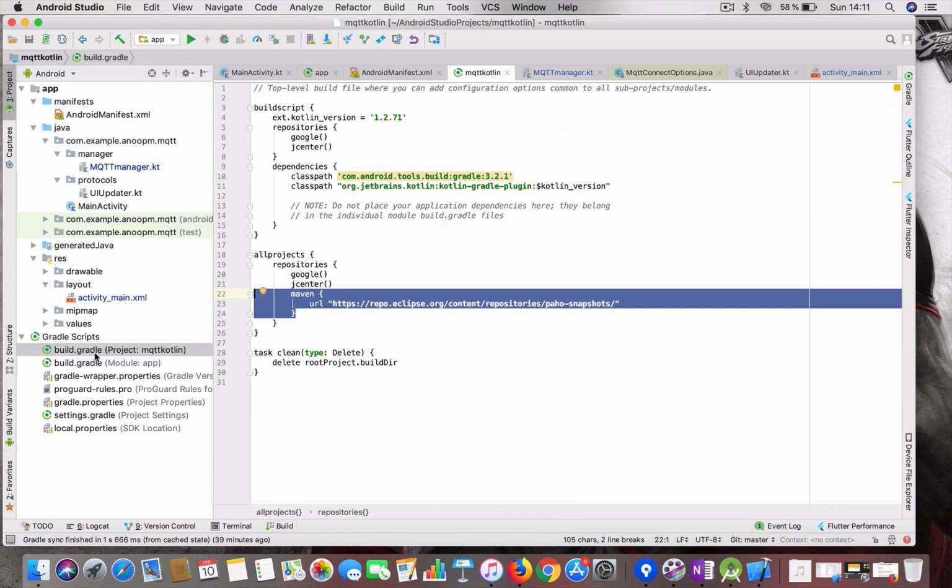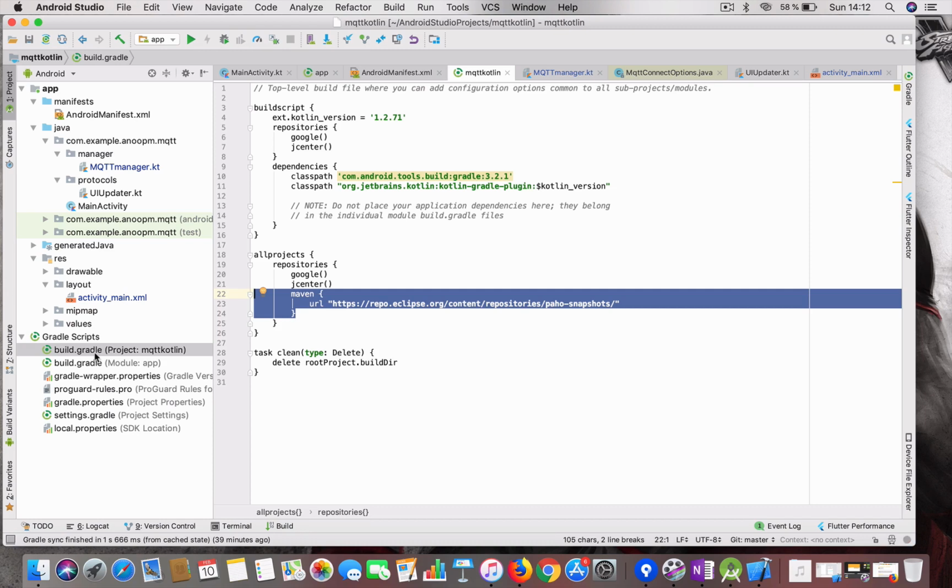Okay, I have just opened the project. In this project we'll be using a library called Eclipse Paho as the client library for MQTT. In Swift we used CocoaMQTT, and there is another library called CloudMQTT, which is created by the CloudMQTT team. Those are the two, and in the Java space Eclipse Paho is mostly the